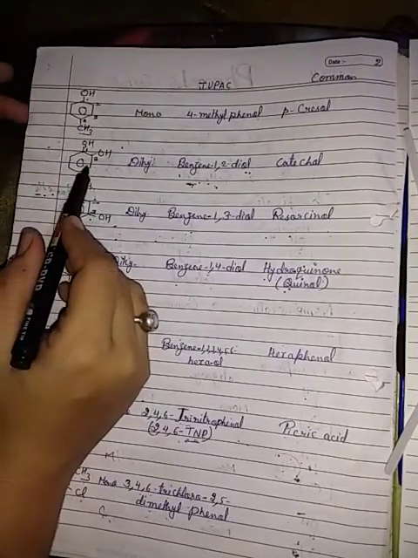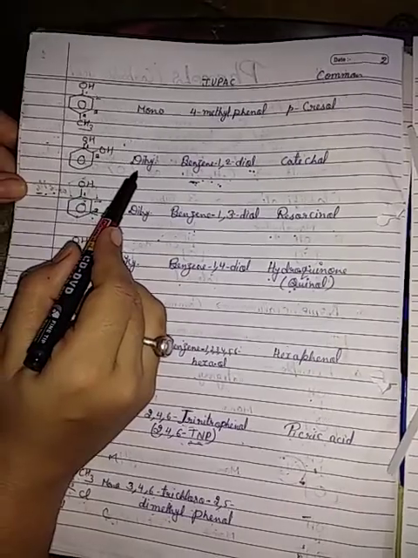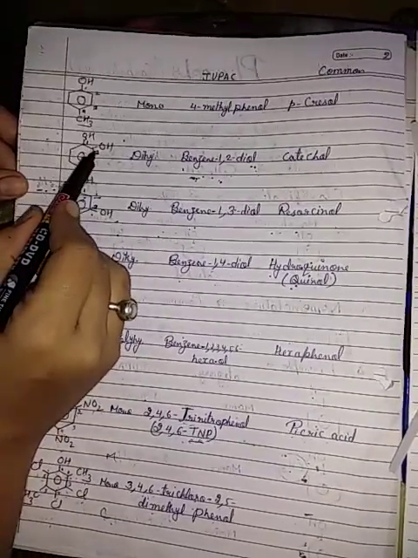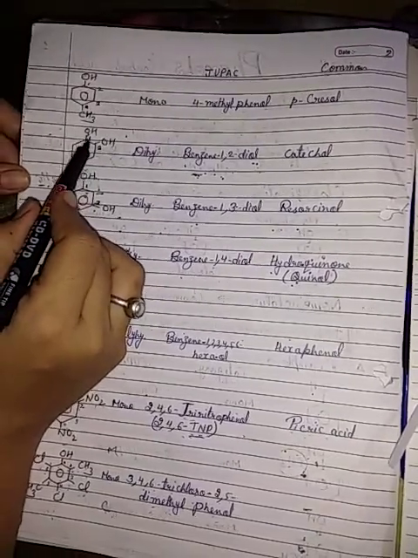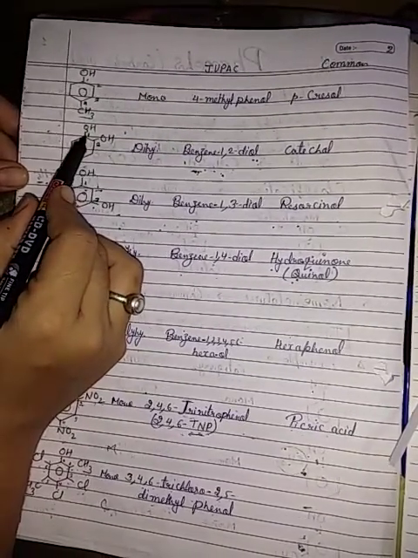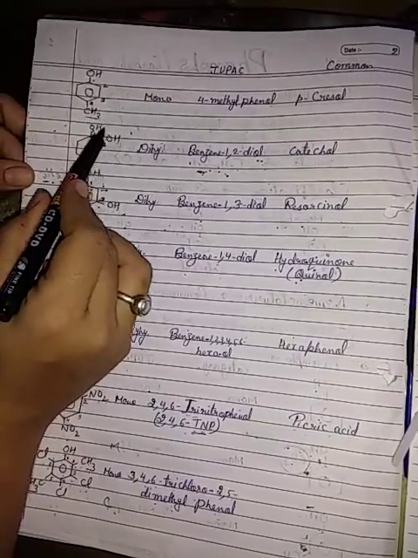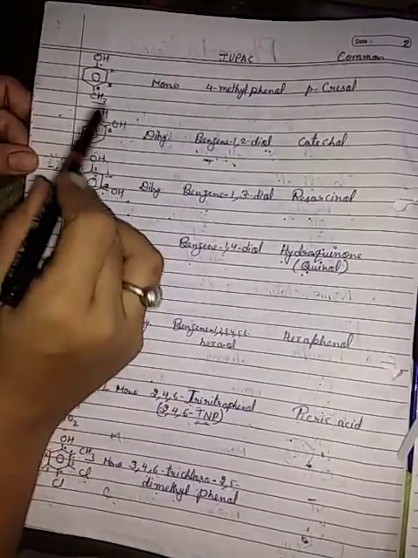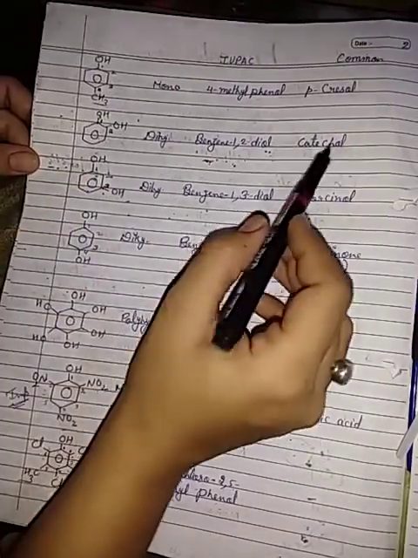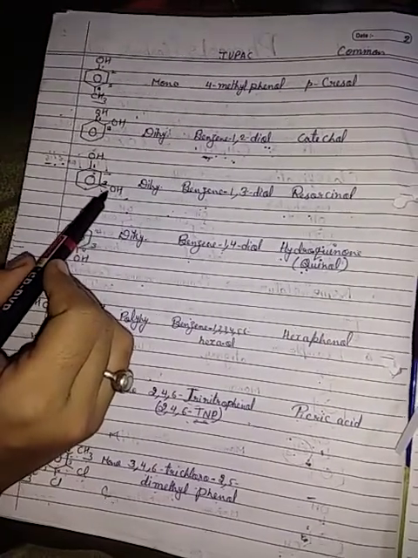The next example is 2 OH groups attached to benzene. With 2 OH groups, the category is dihydric. The first and second positions both have OH groups. So its IUPAC name is benzene 1,2, di, and the suffix for alcohol, ol. So the name is benzene 1,2-diol, and its common name, when 2 OH groups are present in benzene at adjacent positions, is catechol.